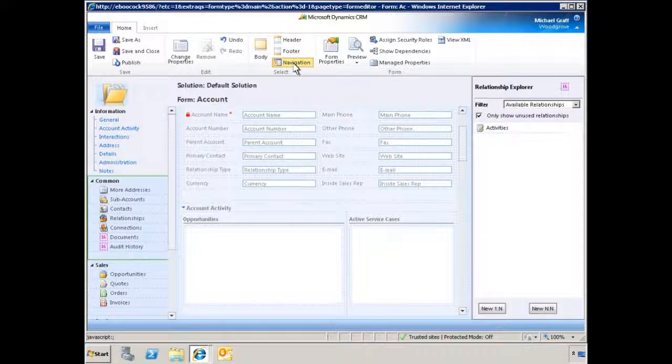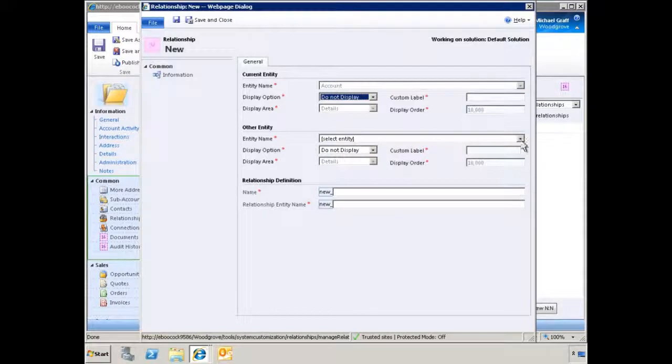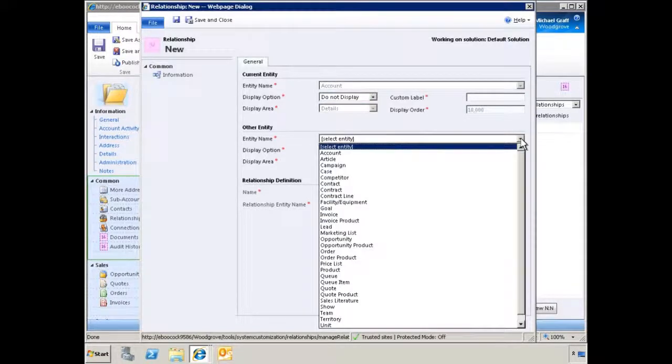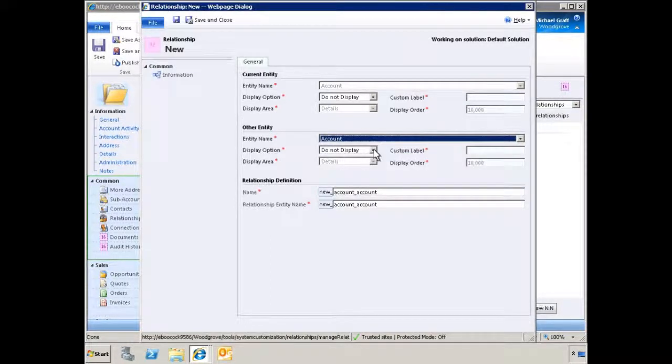Next, we want to add an N-to-N, many-to-many relationship between the accounts to identify partner relationships. Select Account as the entity name. To modify how the entity is displayed, we can select Use Custom Label or Use Plural Name. We'll select Use Custom Label. We'll enter the custom label, Partners,